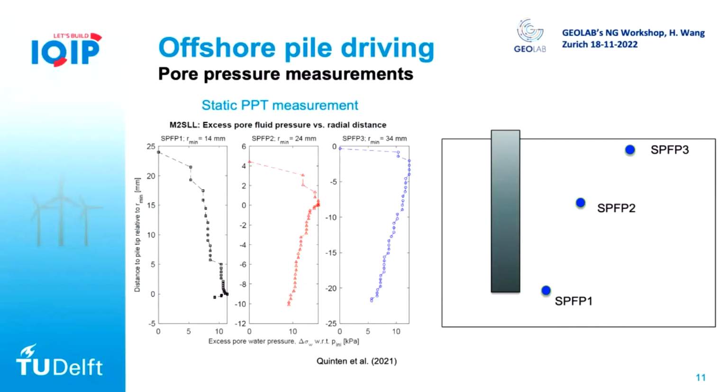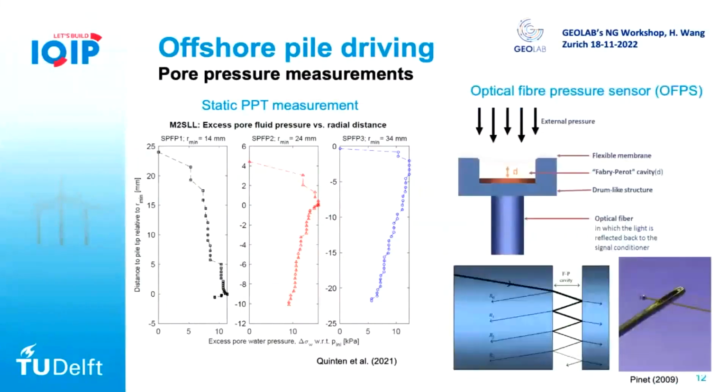But the thing is, the traditional pore pressure sensor is very large. We can only instrument at certain distances, and we don't know what's really happening very close to the pile. So that's why we use this optical fiber pressure sensor. I think Suzanne in the presentation already showed you. But the good thing is it's really tiny. It's like a hair. So you can instrument this sensor along the pile to really capture the pore pressure response